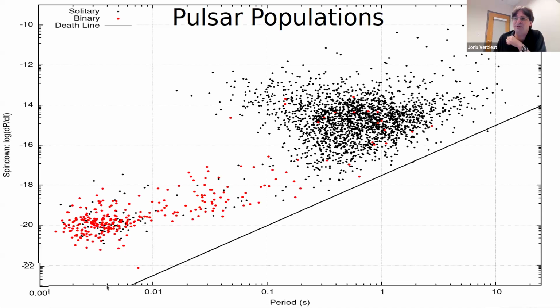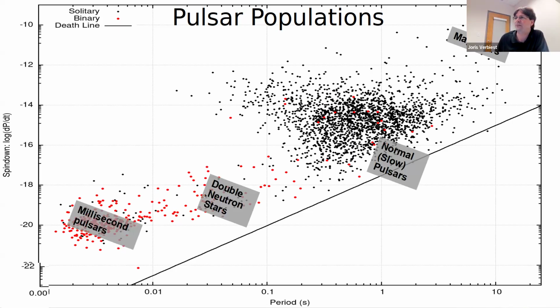So it's mostly the spin period here that causes the timing of these to be really precise. The fact that the spin down is so slow means they don't really spin down appreciably. In fact, they don't even move on this diagram in a Hubble time. That also makes them very stable objects, and therefore you can predict their pulse arrival times, their spin period, really precisely as you go. So these are the main classes: the normal or slow pulsars, the millisecond pulsars, and so that is about 10%